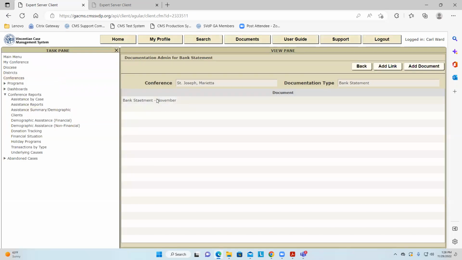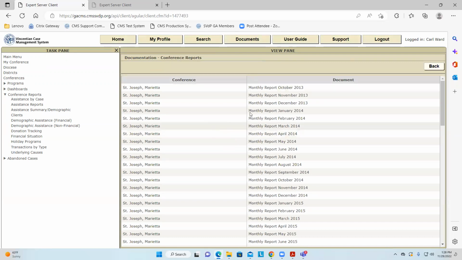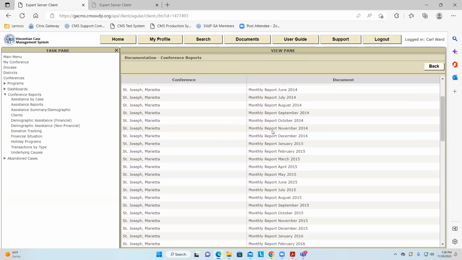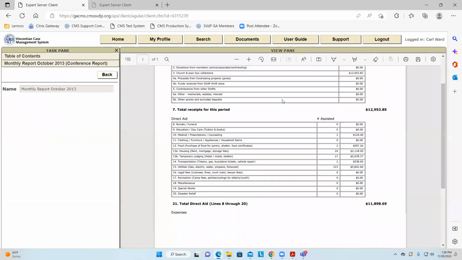That's only reserved for treasurers. You need to have a treasurer role in order to do that. But if you don't have a treasurer role and you want your conference to see them, Jerry, I think you might have asked this. If you go to the documents button, you go to conference reports, you can see all the conference reports that are visible to all the conference members.